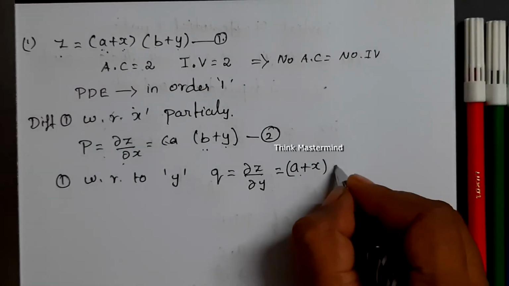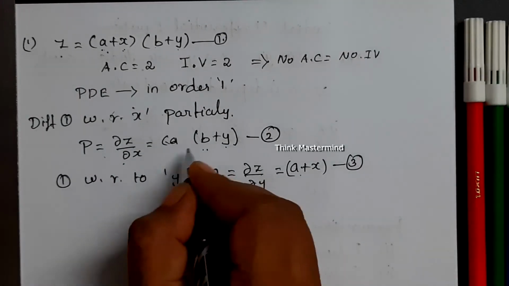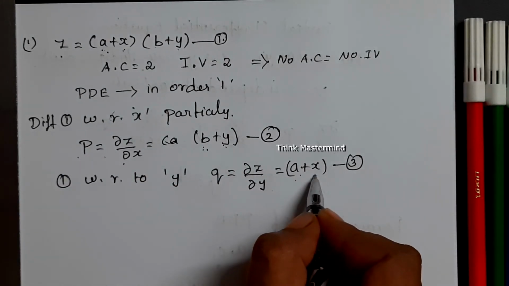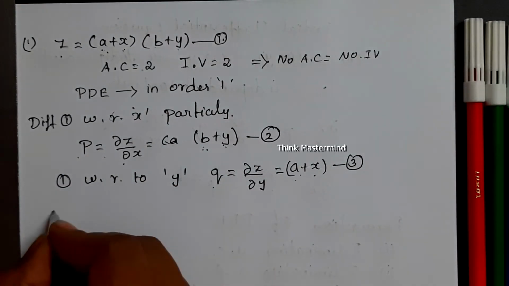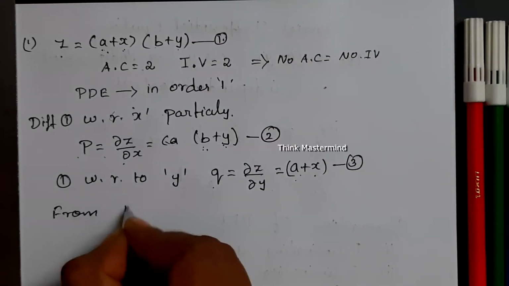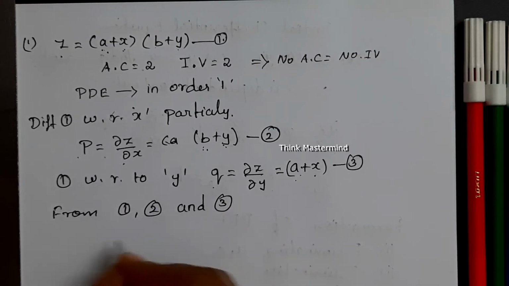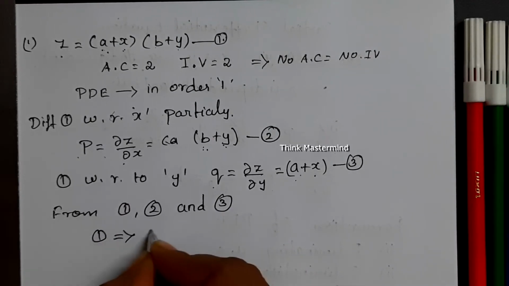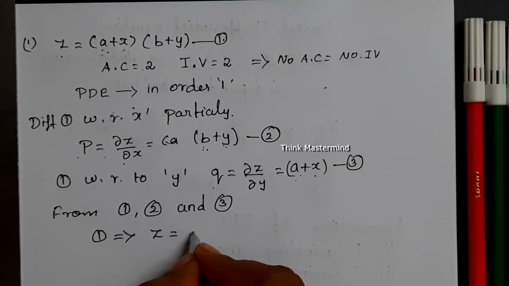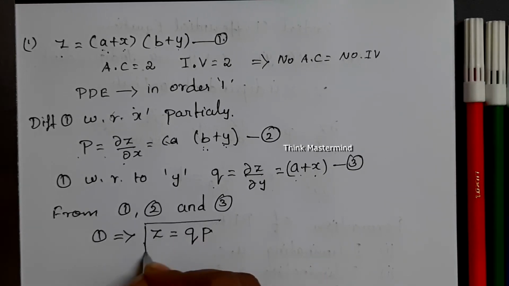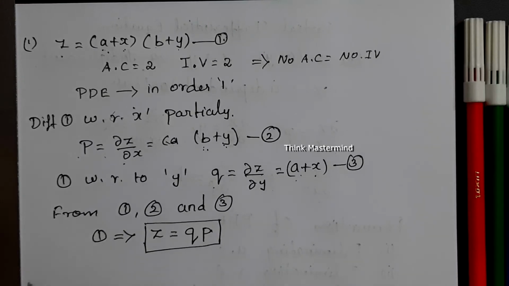So substituting from 2 and 3, in the place of b plus y is p and a plus x is q. So from 1, 2 and 3, 1 implies z is equal to, in the place of a plus x is q, in the place of b plus y is p. So it is a partial differential equation. Next problem,